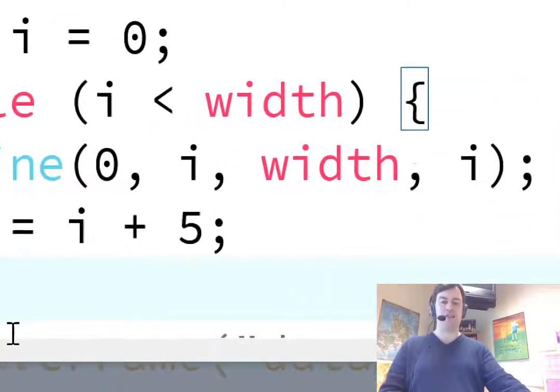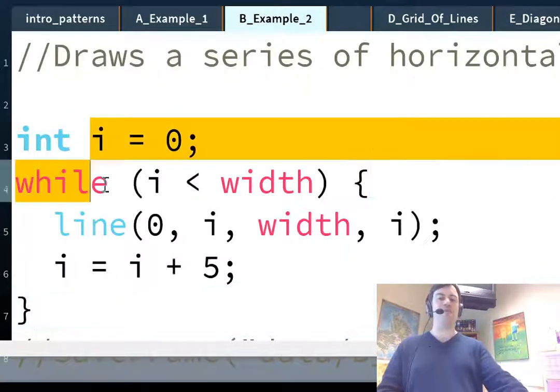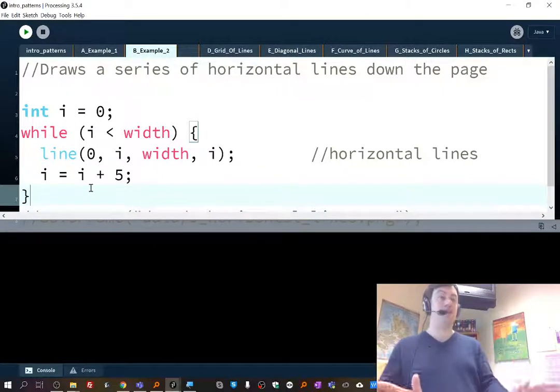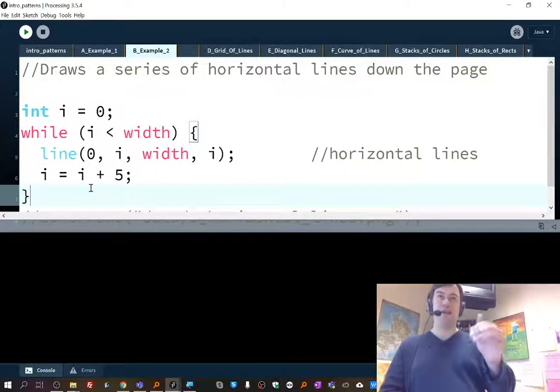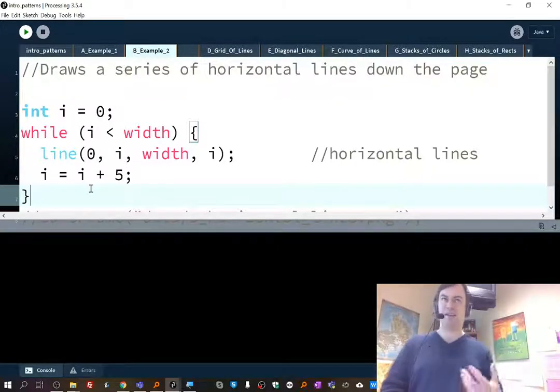I'll zoom in, I don't know if I can get it all in one frame here. But here's a great example of a type of loop we're going to do. So now I'm going to give you your first challenge, and I'm going to stop this video. So if you're at home, you're going to watch, you're going to try the challenge, and you'll watch the next video. You've got to try the challenge. You can't just watch the answer, because otherwise you're not going to get the thinking. The thinking is really what you want to do